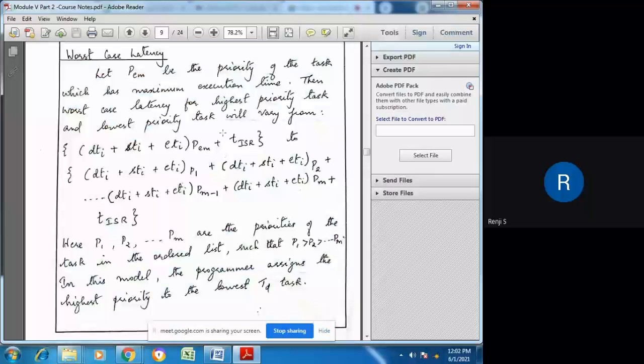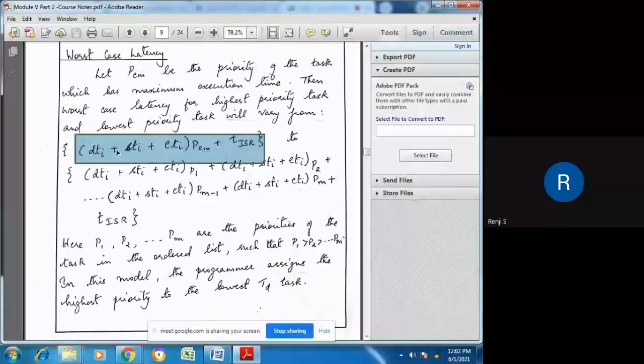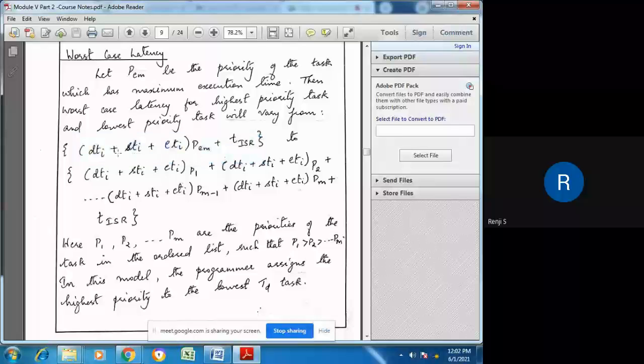And plus the time required to take the ISR. Based on each ISR, tasks have been initiated, and the ISR execution time should also be taken into consideration when calculating latency. So the total time for a particular process is the time it entered the queue plus the switching time plus its execution time, along with the time taken to service the interrupt that caused this task to be initiated. So the time varies from this value to the value.